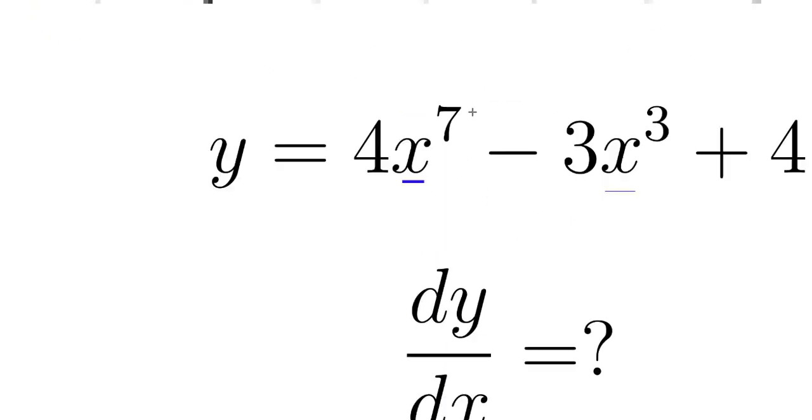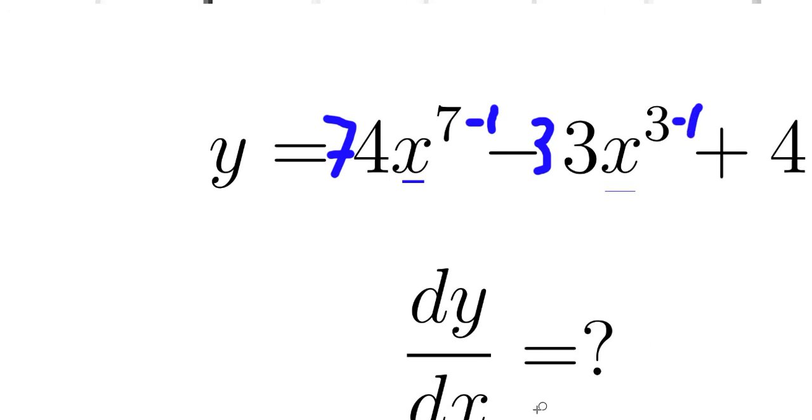Let's do this on this one here, and then I can show you it on the next page. So what I'm going to do is take 1 from this power. It'll be 7 take away 1, which will be 6, so that should be 6. That will happen after I bring down the 7. So there'll be a 7 in front, then it'll be 7 times 4, x to the power 6. The 3, I'm going to put that in front, so it'll be 3 times 3, x to the power 3